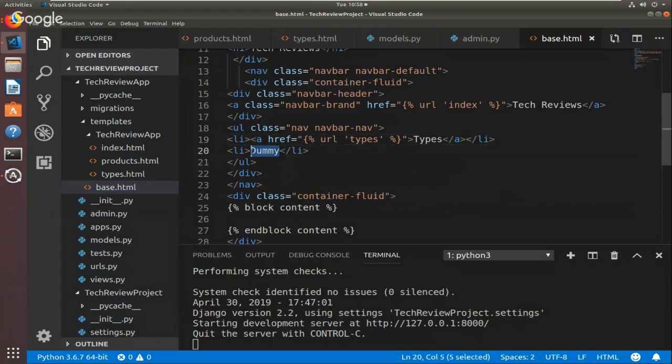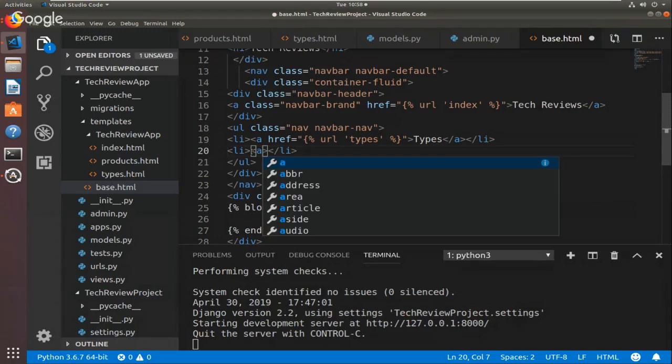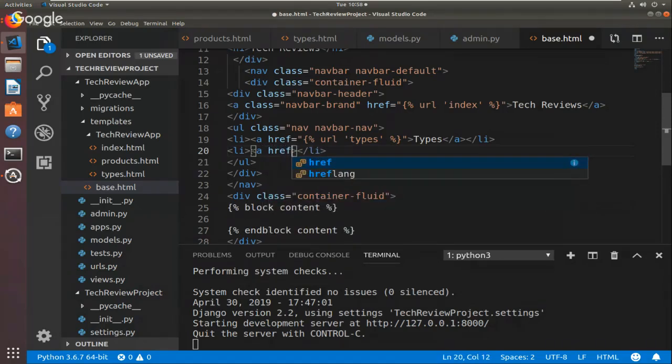So I'm going to, it is possible you can go directly to the URL, but you have to figure out what that is. So I'm going to do href, and again, typically what I would do is just copy this, and you're welcome to do that